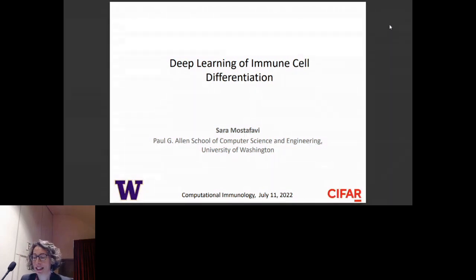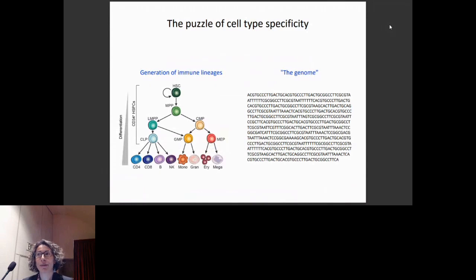So I'm going to tell you about some of our recent work in interpreting deep neural network models for understanding how rules of immune cell differentiation, which I'll talk about, are encoded in our genomes. So the motivation goes back to this fundamental question in biology, which all of you are familiar with, which is how is it that the same genome in an individual can give rise to so many different cell types and tissue